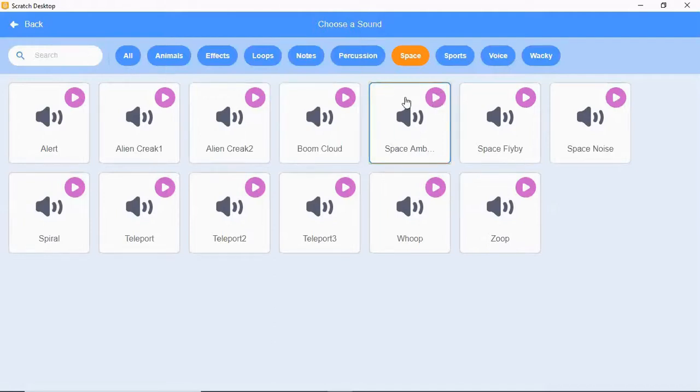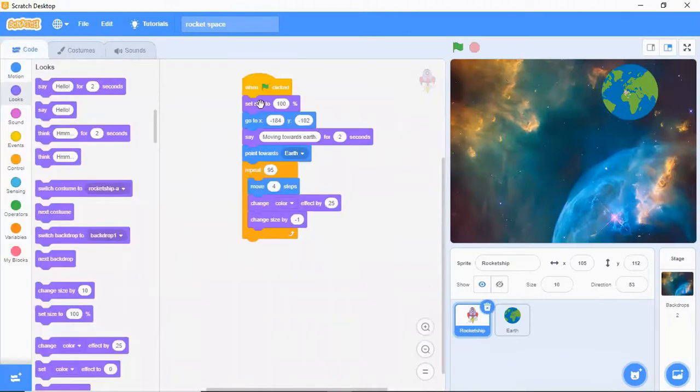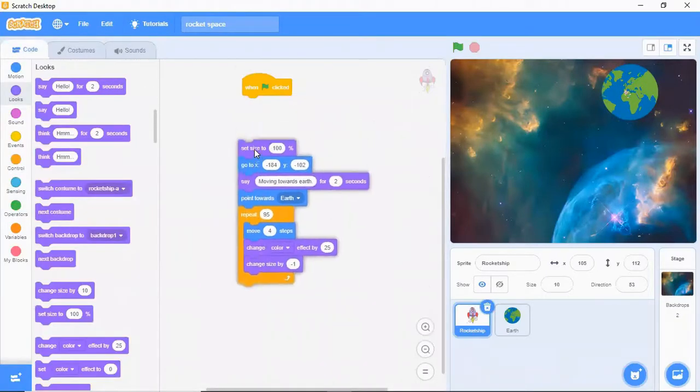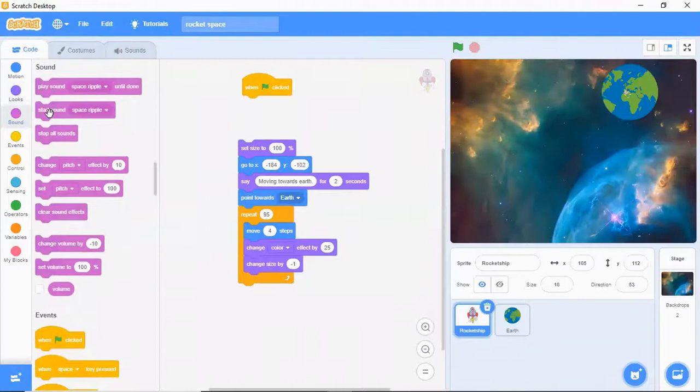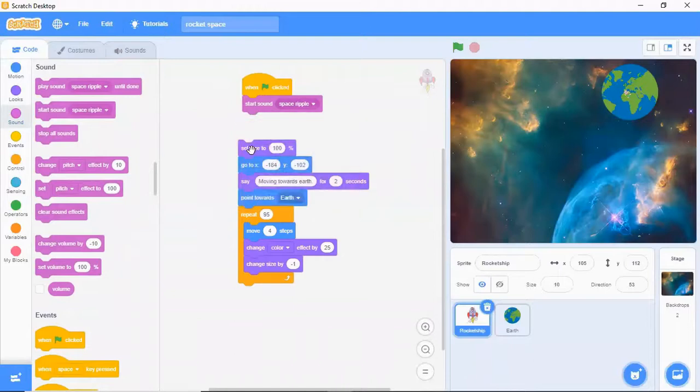I'll take this space. I'll take either you have got space ripple and one more is there. So I'll just drag this down because as soon as I click, the background sound should start. So I'll go to sound, start sound. See, we have picked two sounds. So I'll take space ripple.